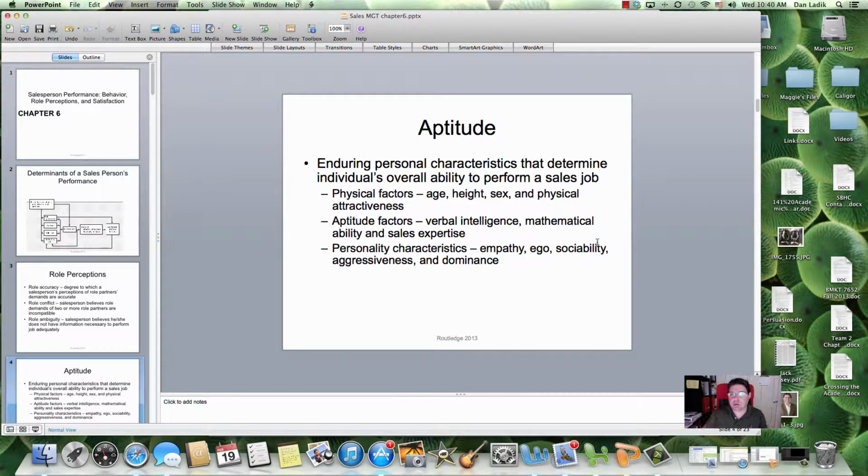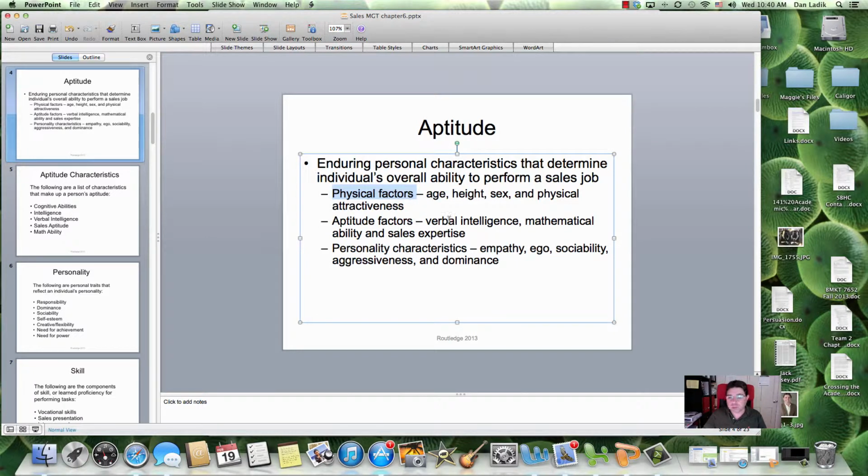Aptitude means skill. Okay? Believe it or not, physical factors have been studied an awful lot. Particularly in the organizational management literature, where CEOs tend to be of a certain age, of a certain height. They tend to be male, although Sheryl Sandberg is changing that, hopefully. There are many studies on physical attractiveness and facial shape and nonverbal communication stuff, which is something I'm a big fan of.